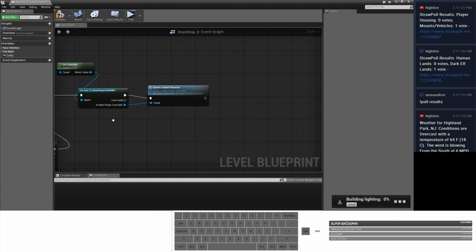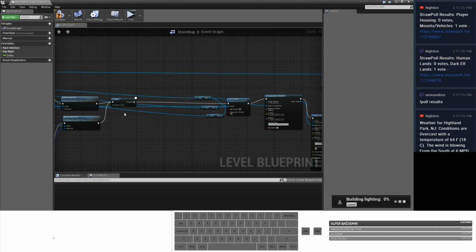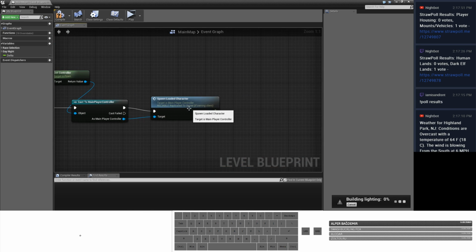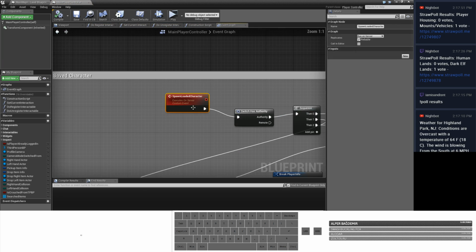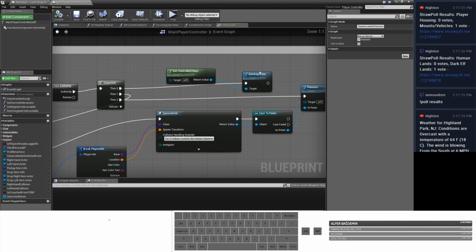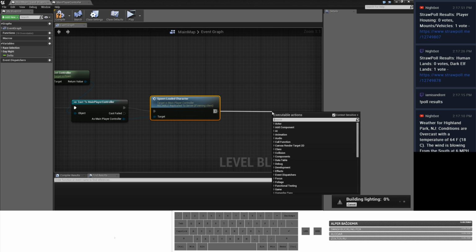Get controller, cast. Where's the destroy? Set visibility. Oh, wait a second. So then it's just... Oh no, because when you load spawn loaded character, first I just make it invisible so it's still flying in the air, but the first thing this does is destroy your controlled pawn. So that's that.